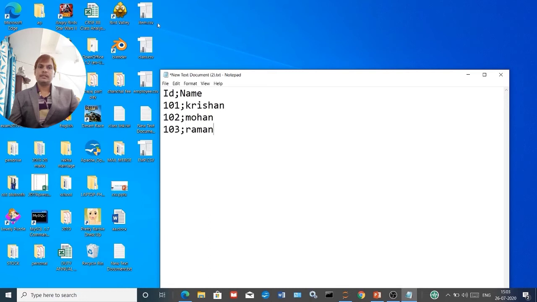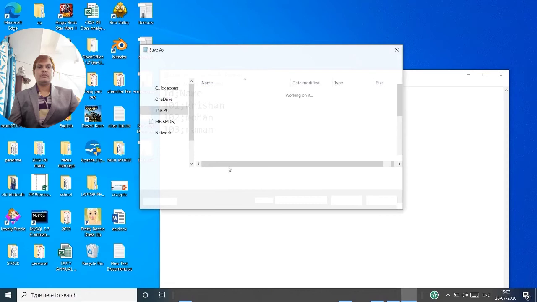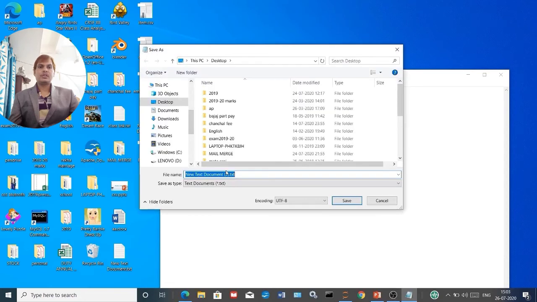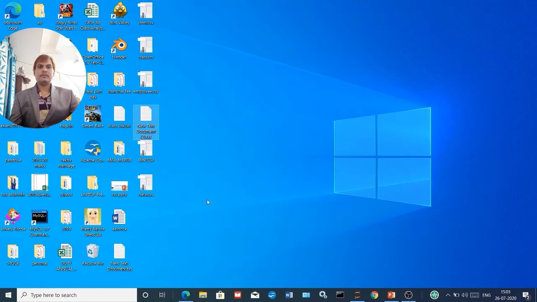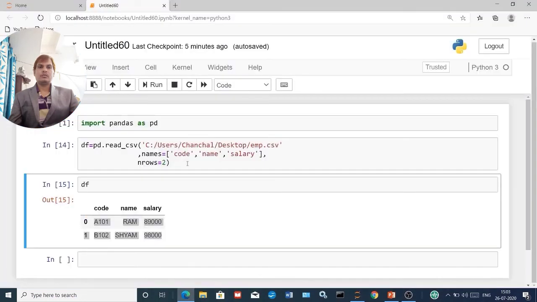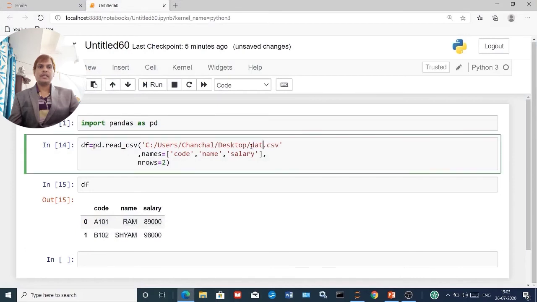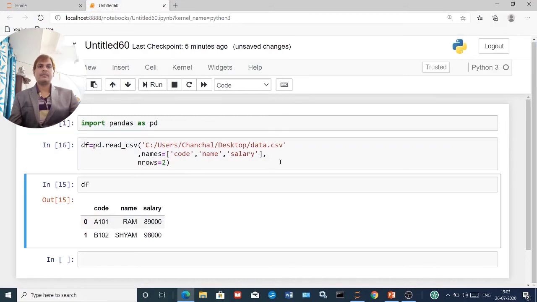Now we will save with the name and extension .csv. You can see the file appear, right? Now we will replace the file name with the other file name which we have created recently, data.